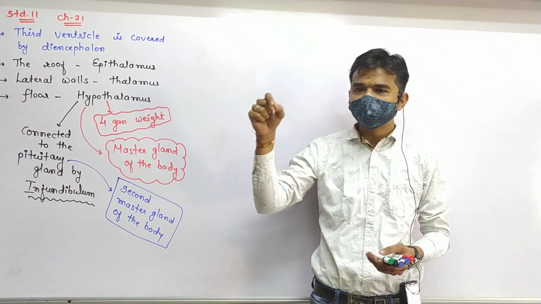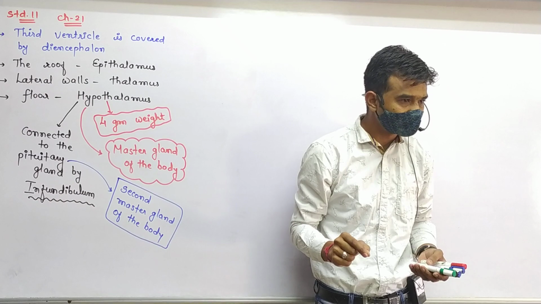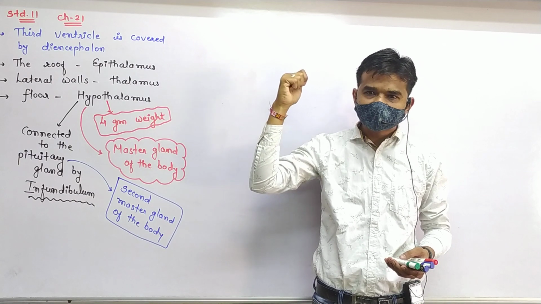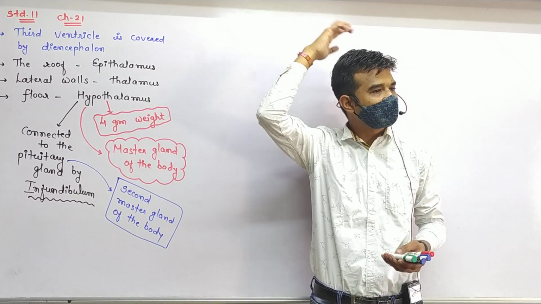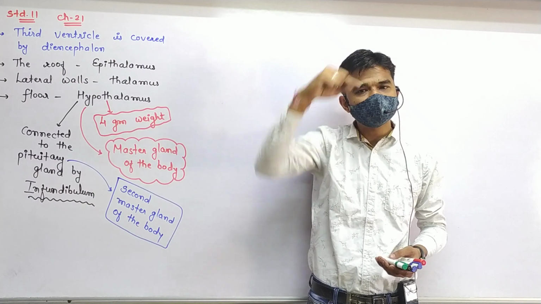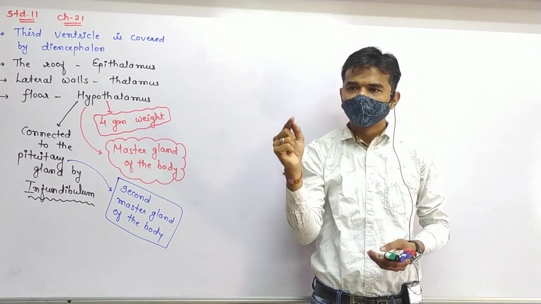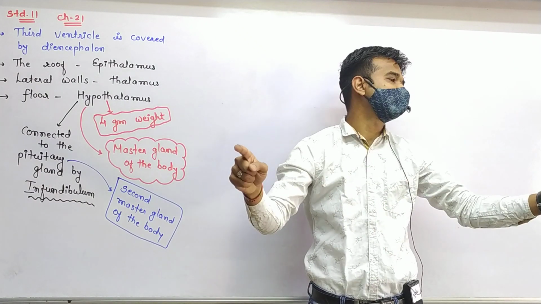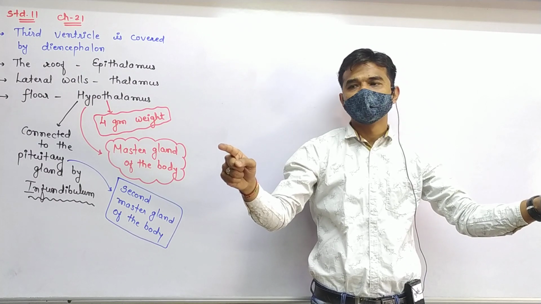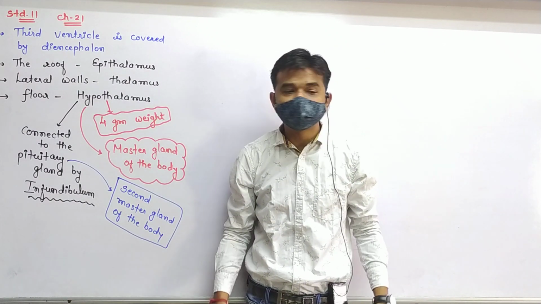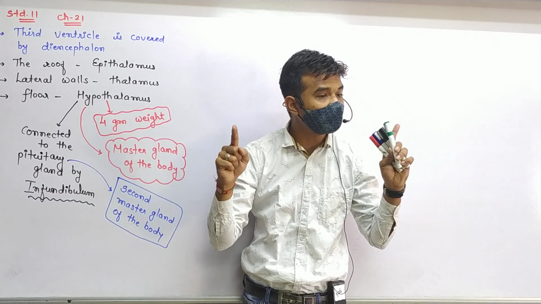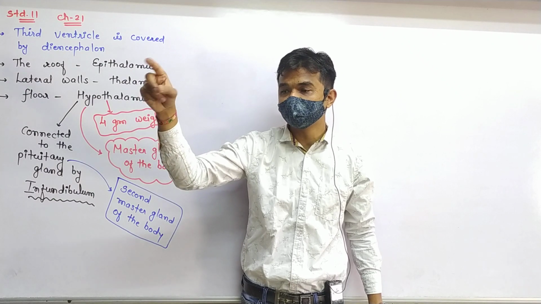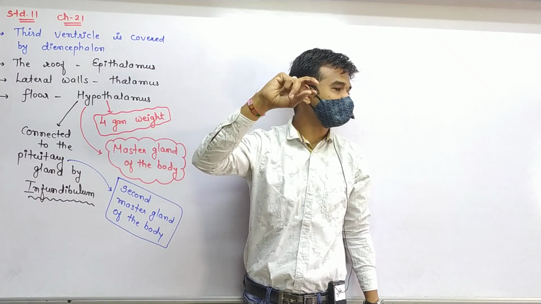The pineal gland is situated in the pineal stalk. Just on the posterior side, upward, one stalk is there. This is known as the pineal stalk, and in the pineal stalk, the pineal gland is there. Now listen carefully, everyone. The pineal gland secretes the melatonin hormone. Search that in the 22nd chapter, go to the 22nd chapter in the textbook.